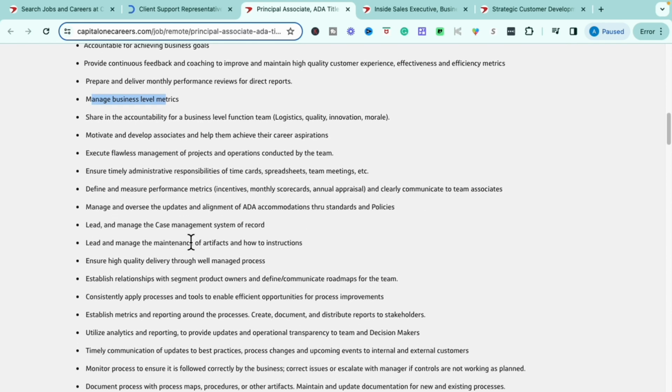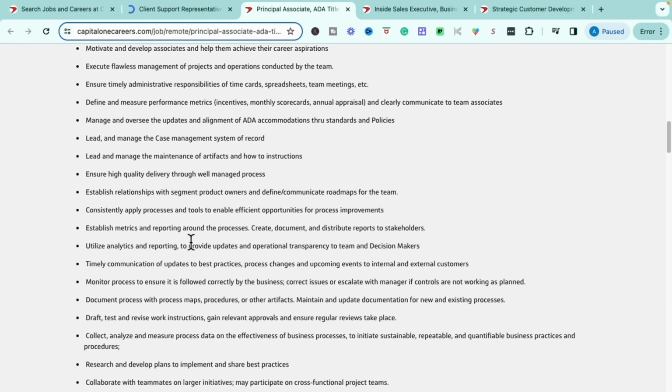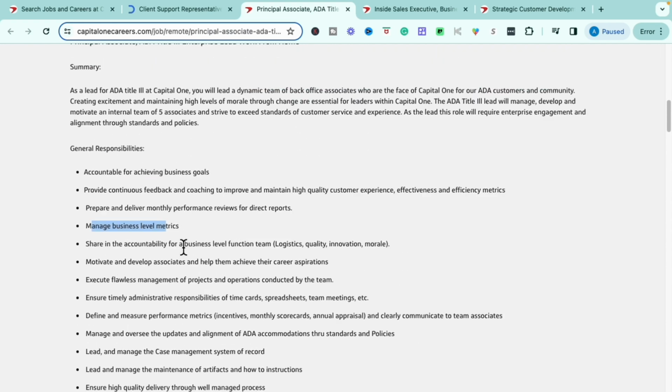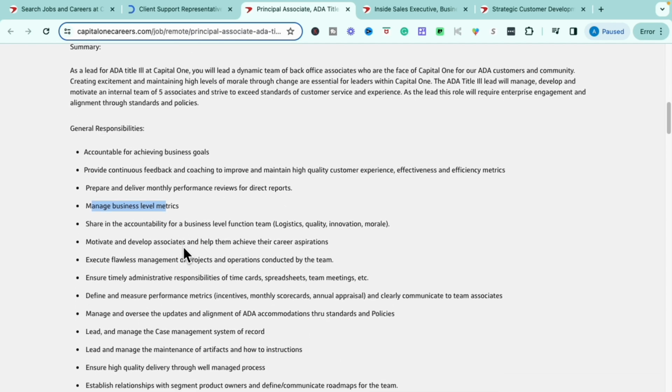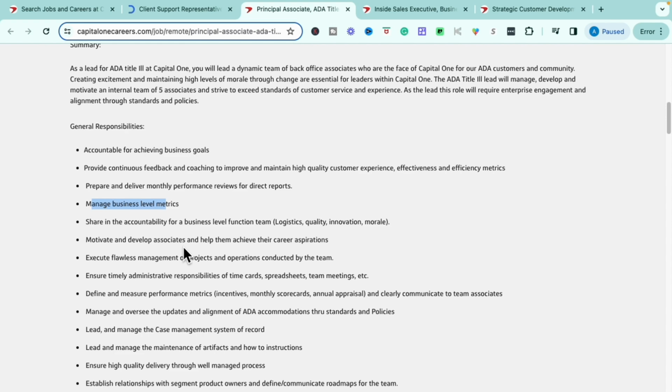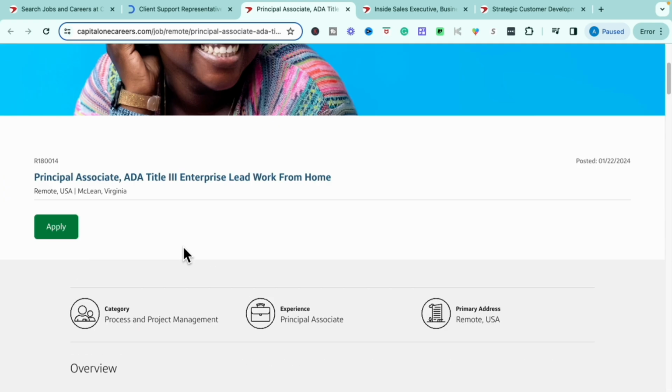You want to show your leadership skills in addition to being able to show that you really do manage really well, not only people, but projects and processes and things of that nature, and that you do also understand ADA, right? And the ADA process, requirements, policies, laws. So if you're interested in this specific role, this is the ADA title number 3, Enterprise Lead, work from home